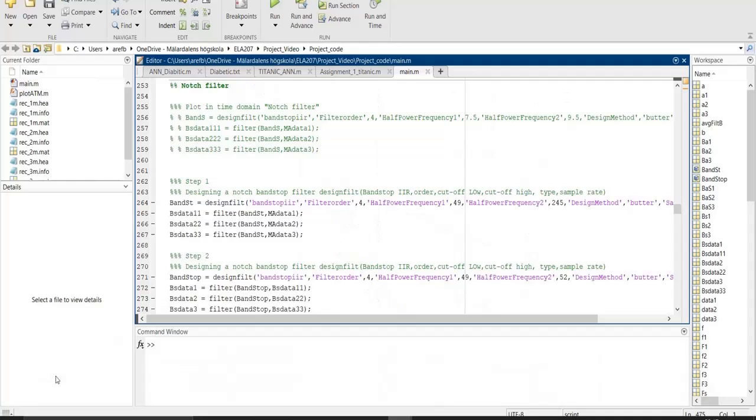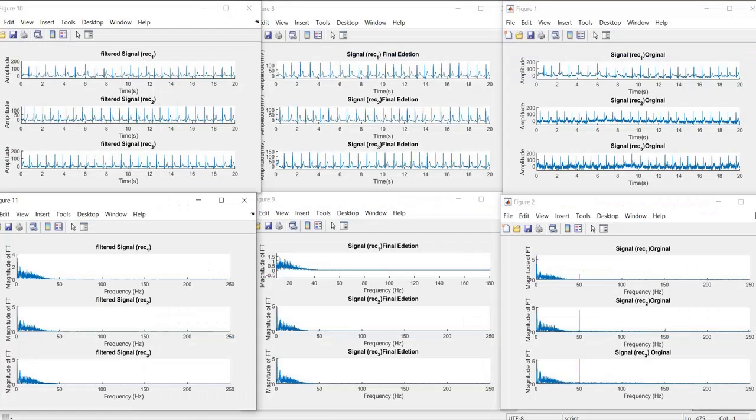we chose to filter the signal 2 times using the notch filter. The first step was removing power line noises between 49 and 52 Hz. And the second step was removing the high frequency over 49 Hz. And like we see here,